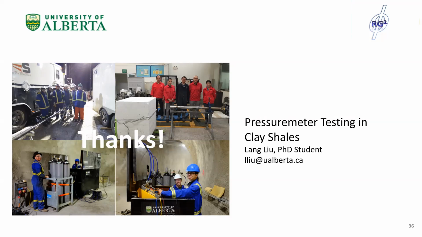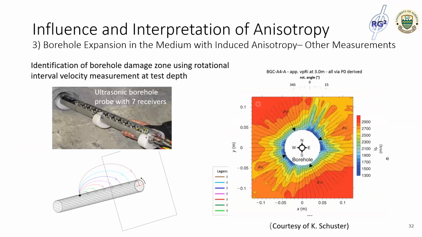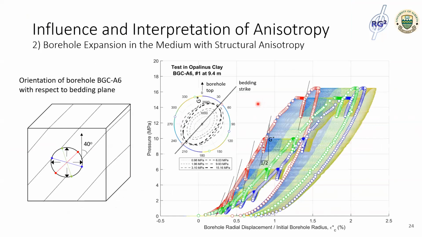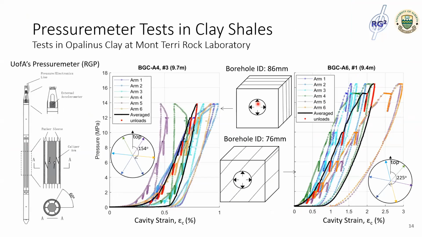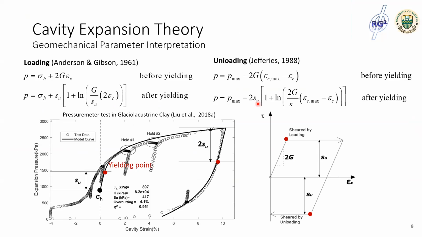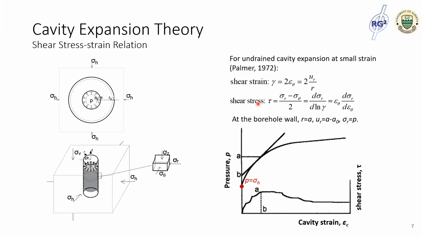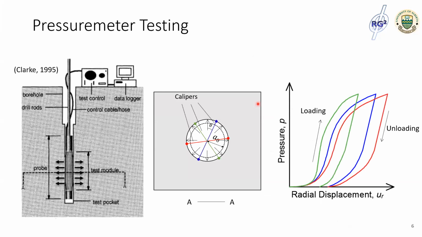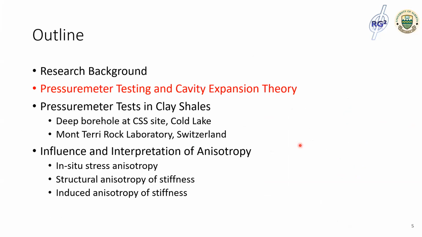I look at the question, the overcutting. Yeah, so maybe it's better to go back to that slide. So the borehole actually is oversized because the borehole has to be bigger than the Pressuremeter diameter for the entry of the tool. However, this has an influence on your interpretation because usually,